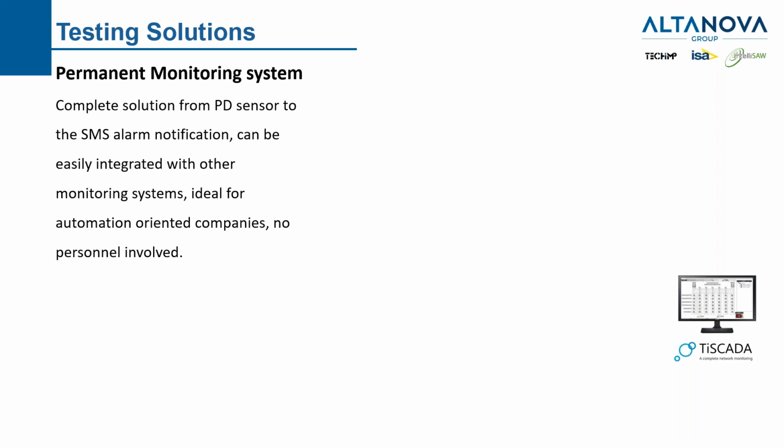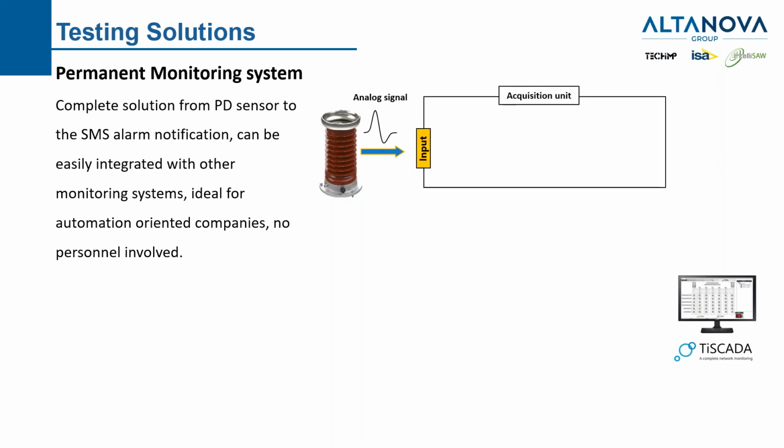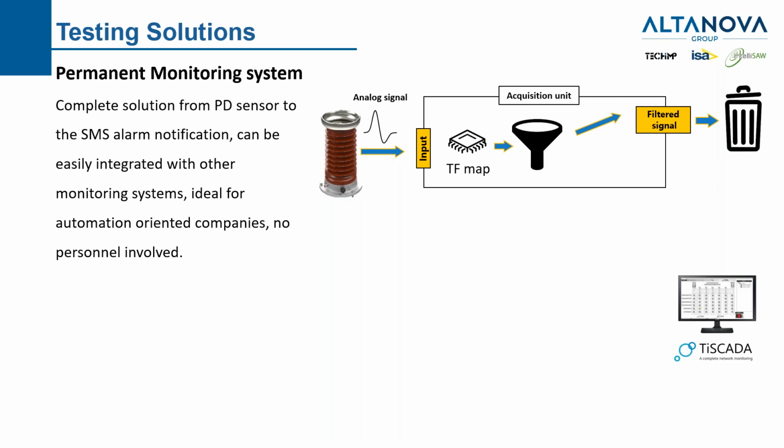How does it work? Why is it nice to have a Techimp monitoring system? Basically, we don't just take the data, but we have put the same idea, the same philosophy of data analysis also in the monitoring system. We have the analog signal coming from the sensor, the PD analog signal. Then the signal enters the acquisition unit. In the acquisition unit, there is already the TF map filtering capability, and we can filter out some of the signal that is unwanted. We don't want to save such signal, and save what we want to bring into our